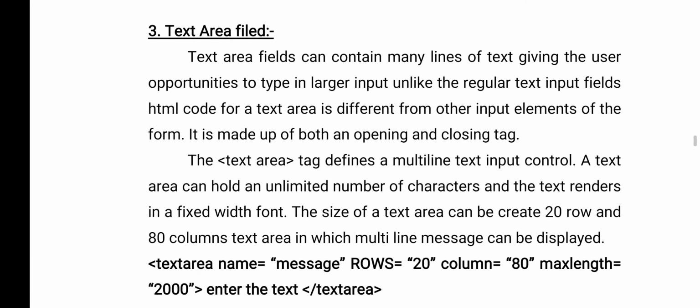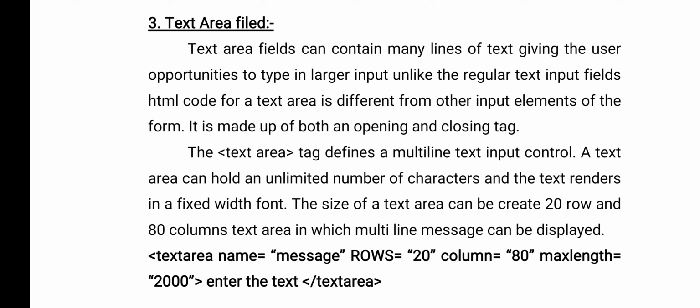Now, the text area field. See, in a text field, in a password field, we entered only one line of text. How it is displaying, that is different. But we entered only one line of text.